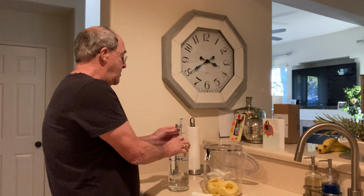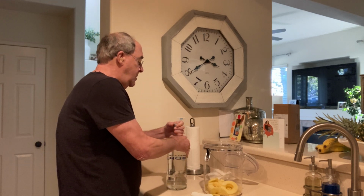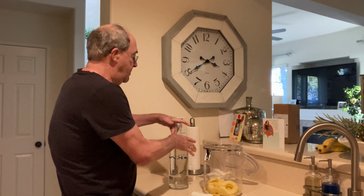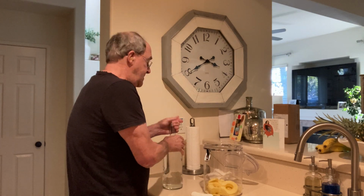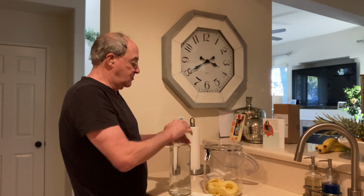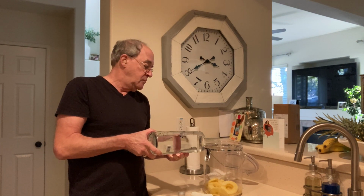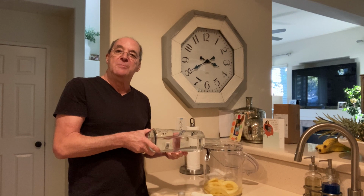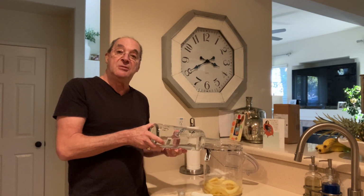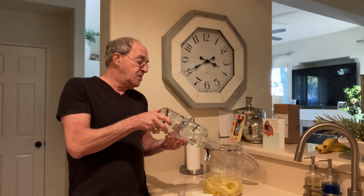Then we're going to take the vodka and kind of get that plastic wrapping off. Take the vodka, just pour it in over the pineapple. You can see it's very simple. And it doesn't take a lot of effort or a lot of time to do. So once we get the vodka in here,